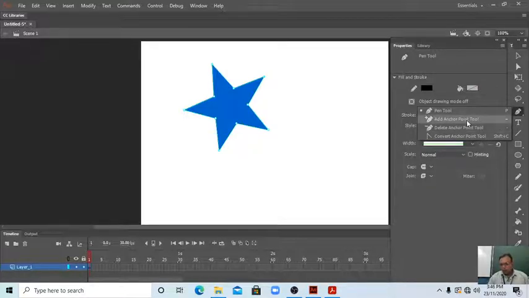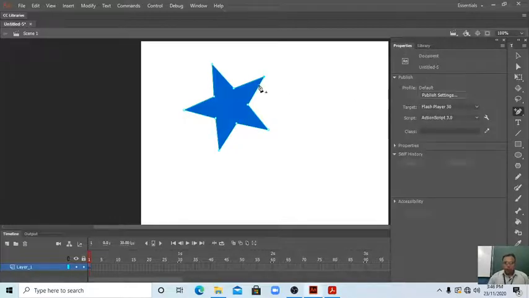Now with the add anchor point tool, we can add a point at any place. If you want to add here, we have done it here, this way. Students, now we have added an anchor point.